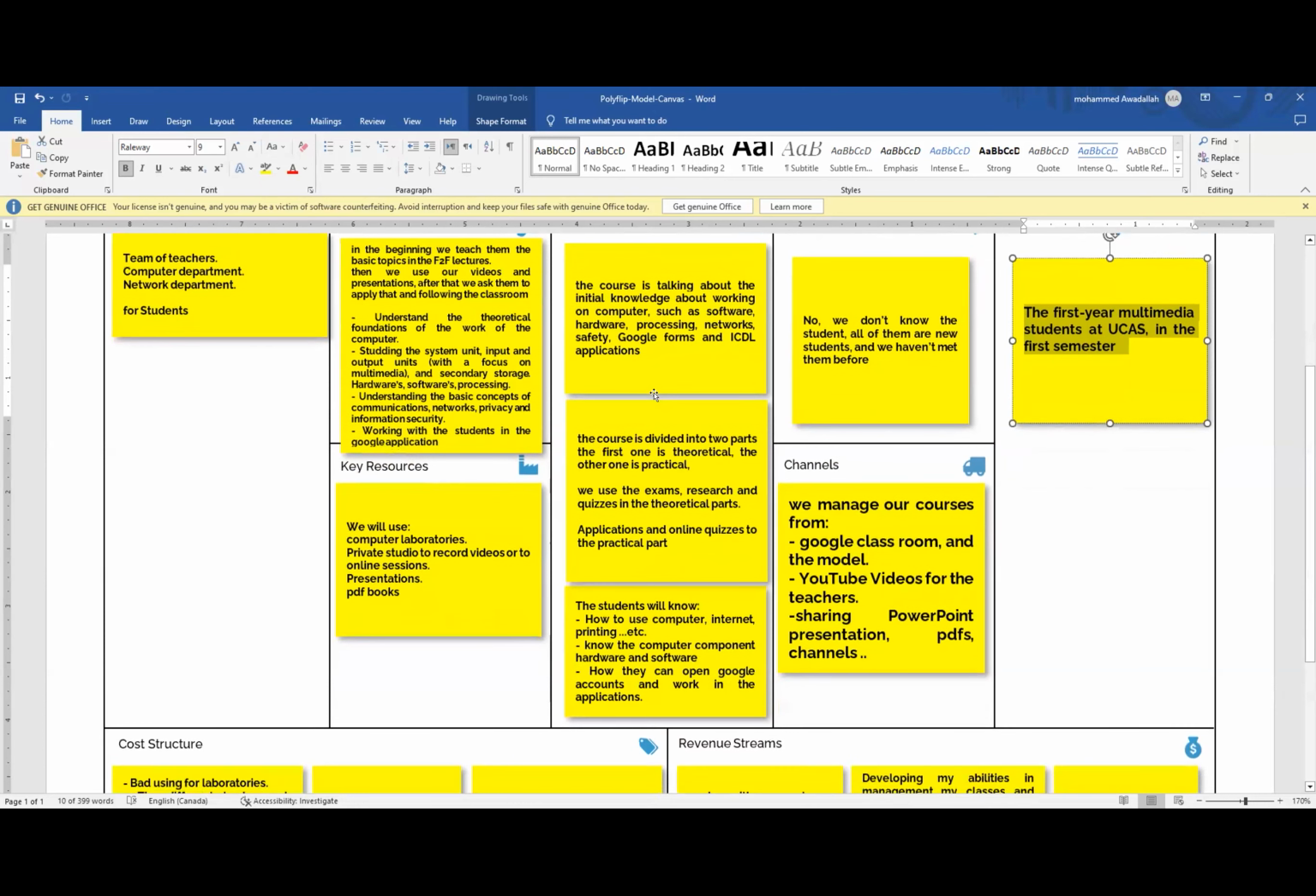The course is divided into two parts. The first one is theoretical. For the theoretical part, we use exam research and quizzes to work with the students, applications and online quizzes for the practical parts. The student will know how to use a computer, internet banking, etc. How to compute, know the computer components, hardware and software, and how they can open a Google account and work in the